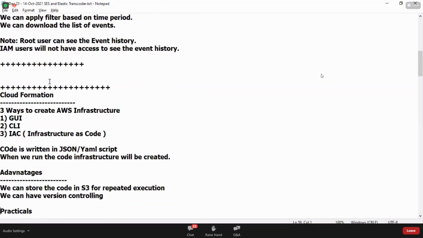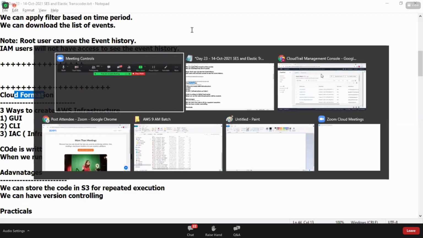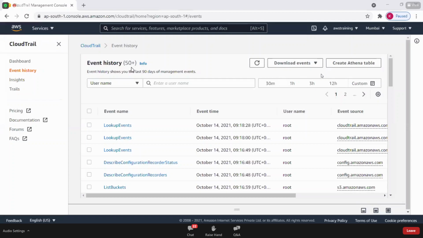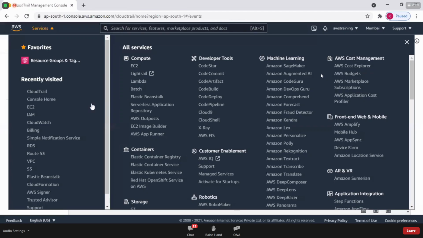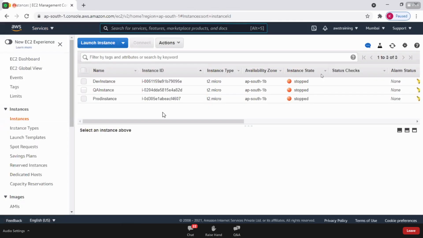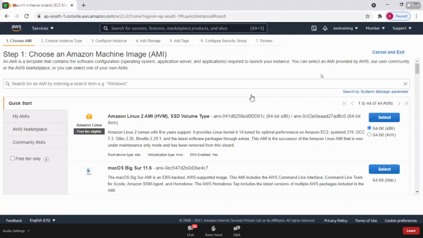CloudFormation. Okay. Before getting into CloudFormation, Rohini, I want to create 100 EC2 machines. If we want to create 100 EC2 machines, obviously we need to select a service called EC2. All 100 EC2 machines are not of the same configuration: different configuration, different operating system, different memory, different hard disk capacity. Are you understanding? Yes, sir. So different types. Creating each and every instance using launch configuration is a tedious job, isn't it? You need to repeat it 100 times. Sir, that's not possible.